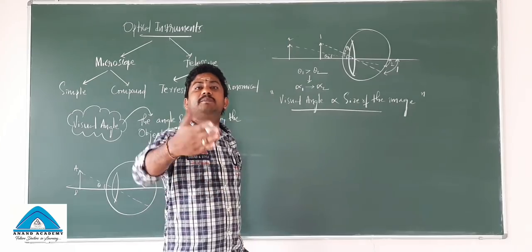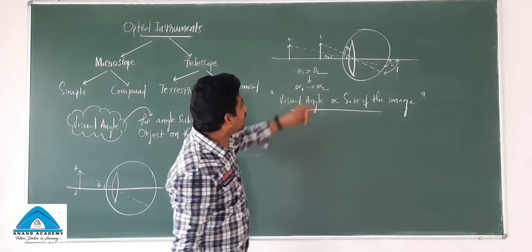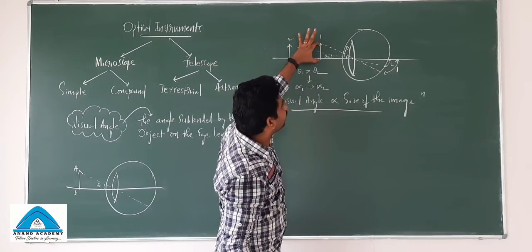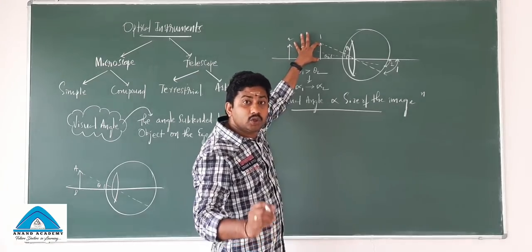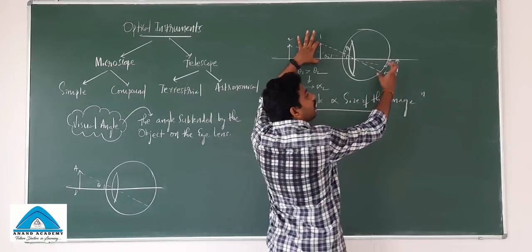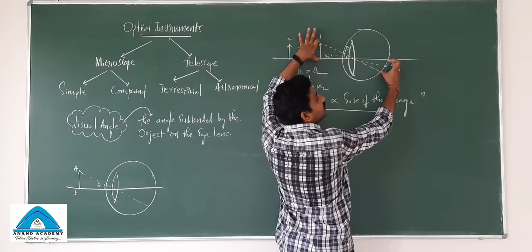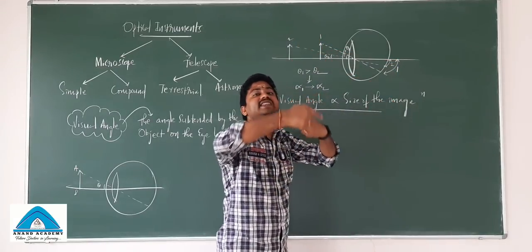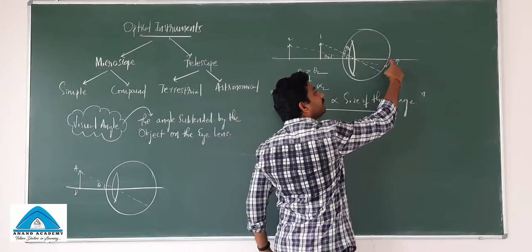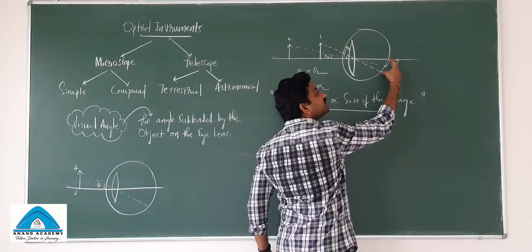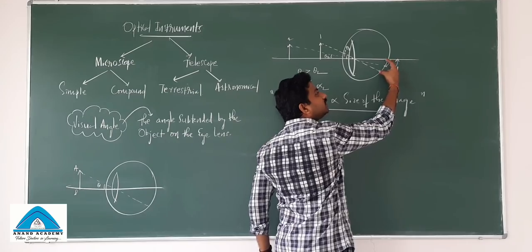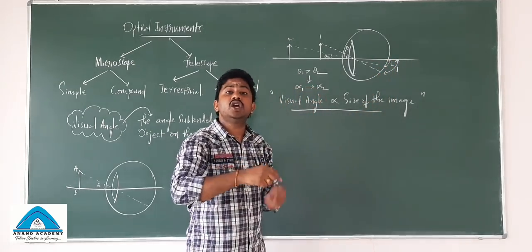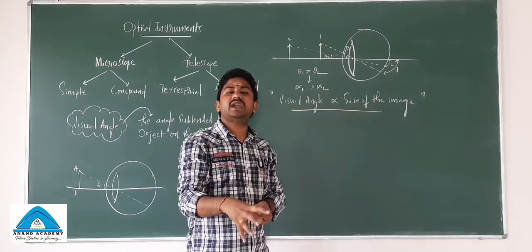So the actual concept behind that is, imagine in the first case, the object of this size, right? You know, the part of the rod cells and cone cells that activates in the retina is from here to here. These many rod cells and cone cells will be activated to show that particular image.